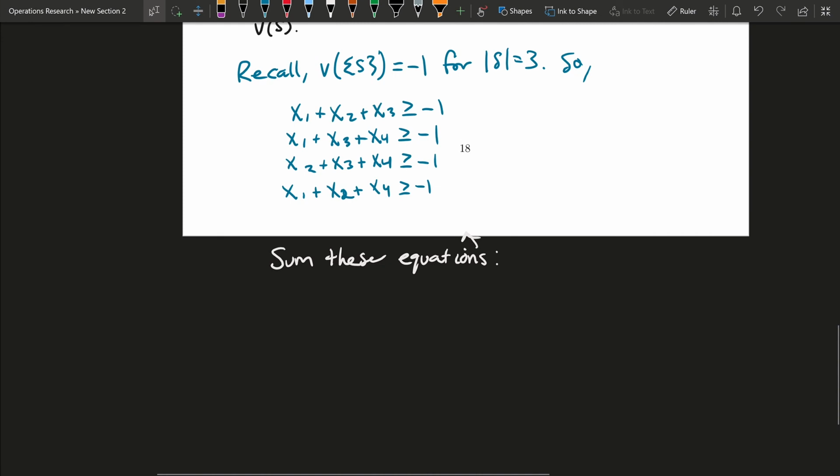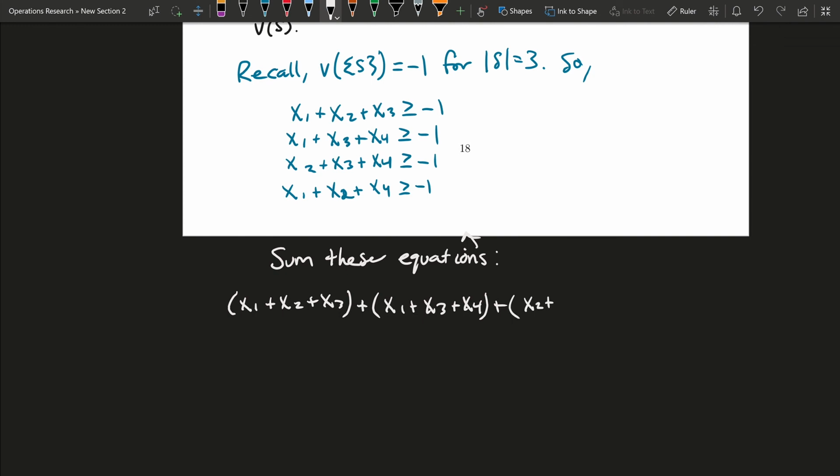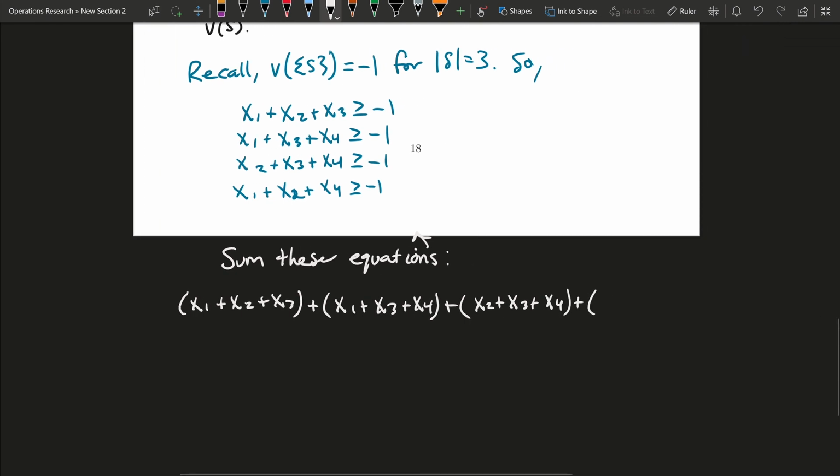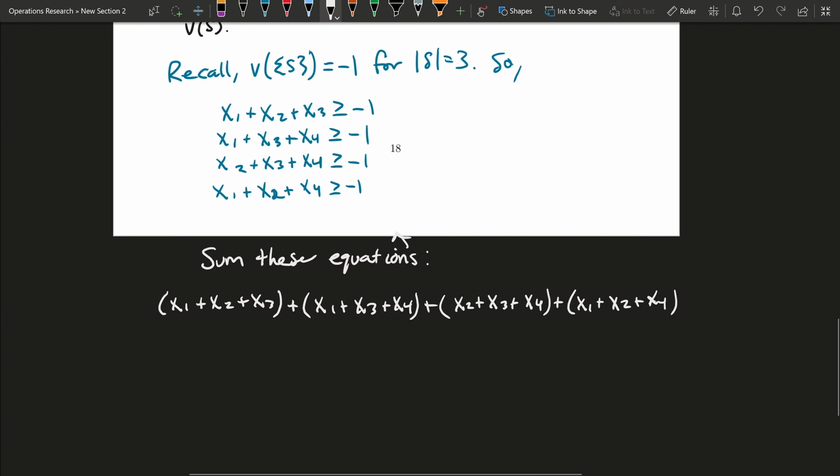So what that's going to give us is x1 plus x2 plus x3 plus x1 plus x3 plus x4 plus x2 plus x3 plus x4 plus again x1 plus x2 plus x4, and all of this is going to be greater than or equal to the sum of all those negative ones,